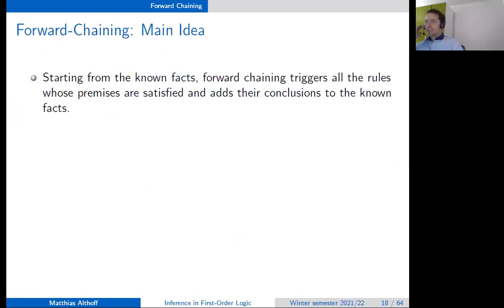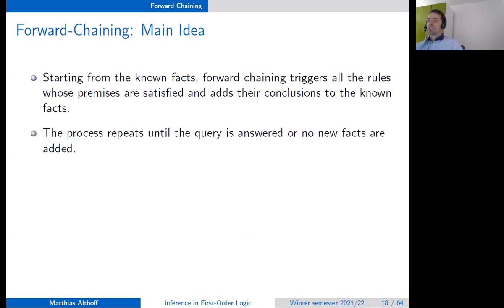Okay, so the main idea now is to use this lifted modus ponens and apply forward chaining exactly as we have seen it for propositional logic. This process repeats until you cannot find any new facts, or you can prove the goal.